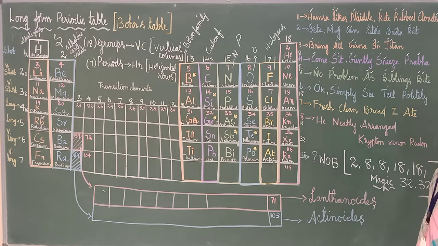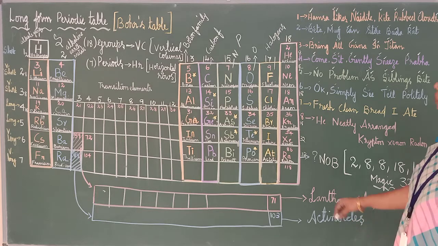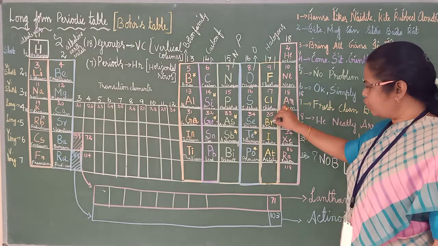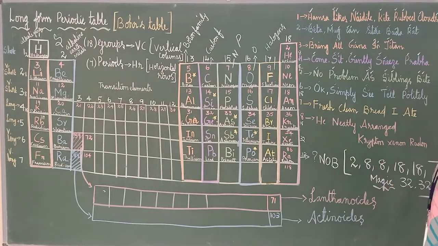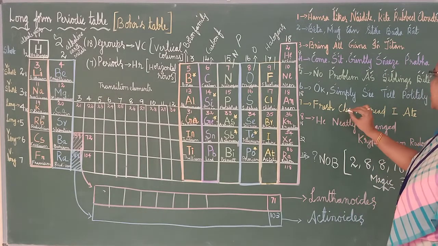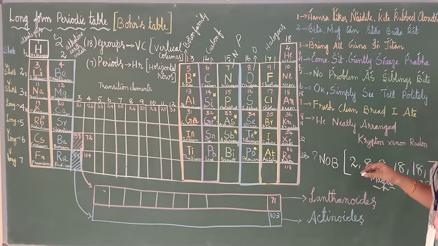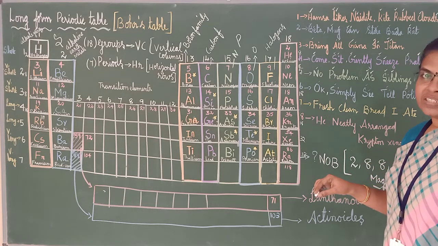Okay, next family is halogens or the fluorine family. What are the elements? Fluorine, chlorine, bromine, iodine and astatine. So, will you get any mnemonics? Fresh, clean bread I ate. What did I eat? I have eaten